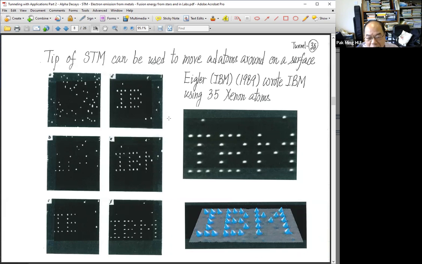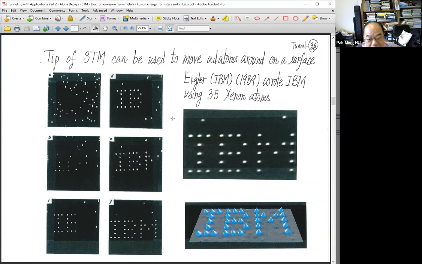Then suddenly they found that if there are some loose atoms on the surface, there is an effect, and not fully understood in the mathematics, the formula, etc., but it works: this tube can be used to pick up an atom that is deposited on the surface and then transfer it